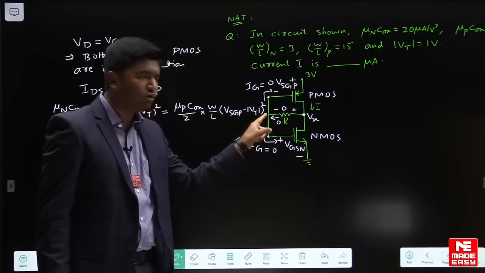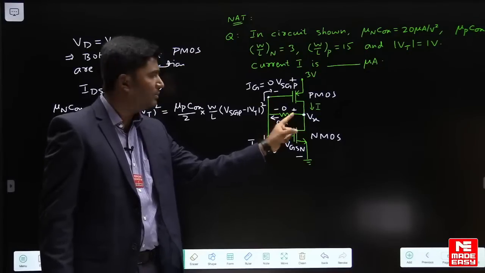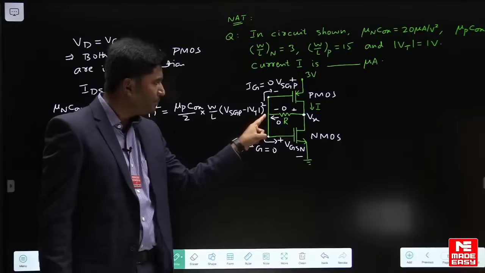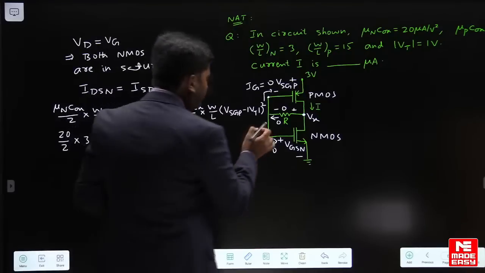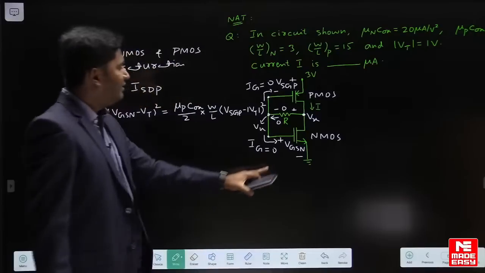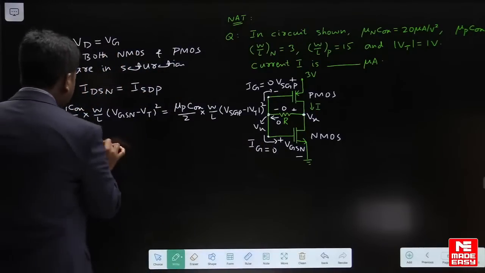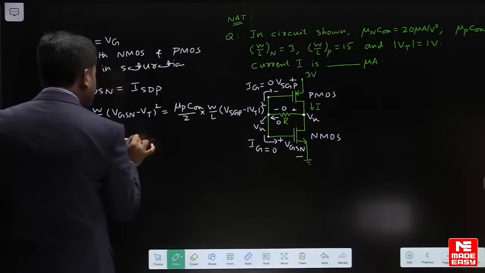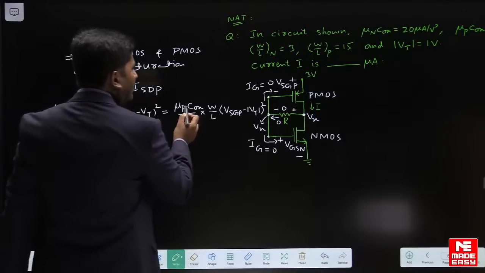Gate potential will also be Vx, because drop across resistor is 0. तो हम सेम Vx को यहाँ पर भी दिखा सकते हैं. In that way VGSN will become same as Vx. So this becomes Vx minus threshold voltage 1 volt whole square,